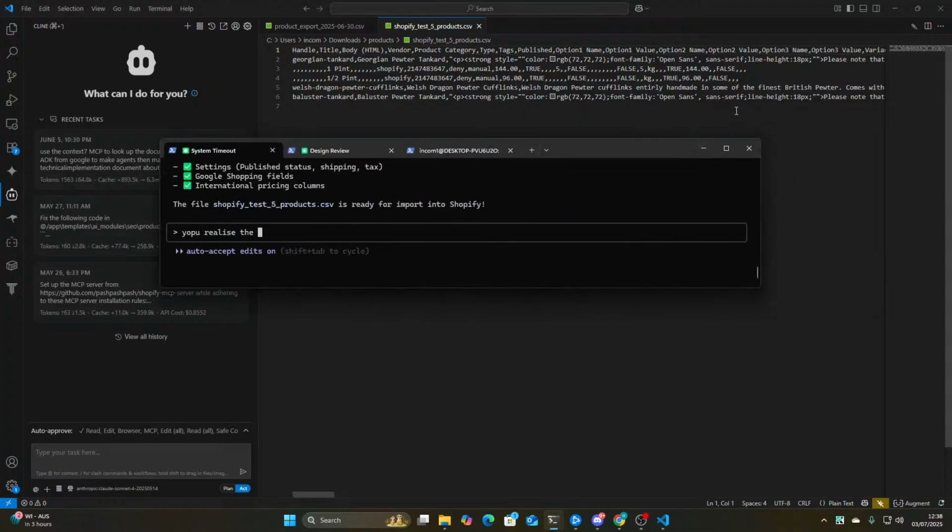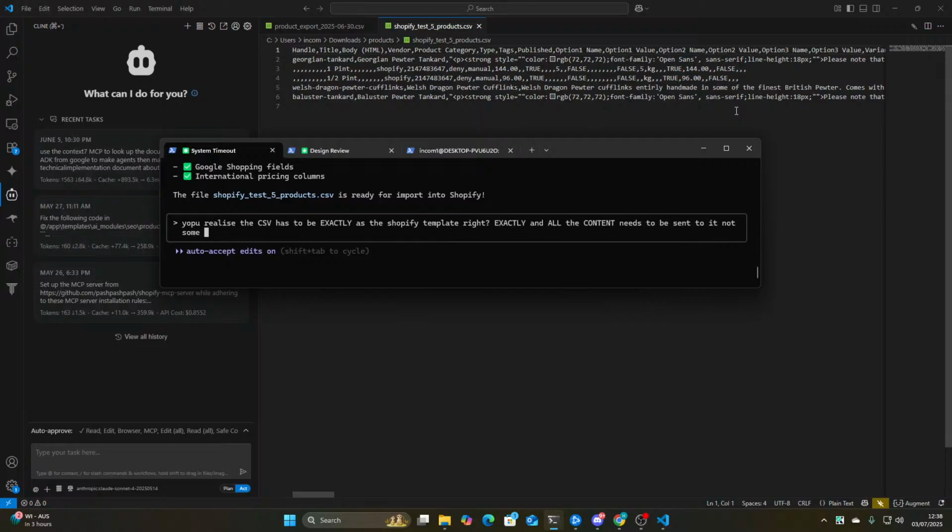You realize the CSV has to be exactly as the Shopify template, right? Exactly, and all the content needs to be sent to it, not some made-up stuff. It needs to copy it exactly. Also, the vendor is